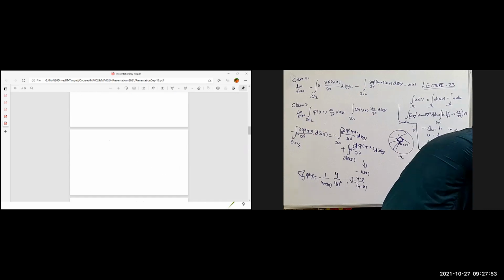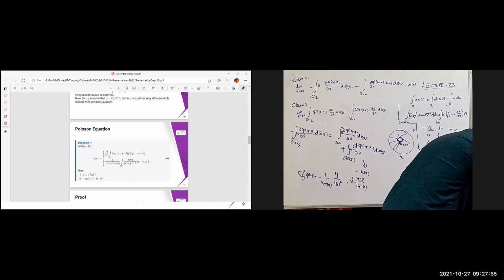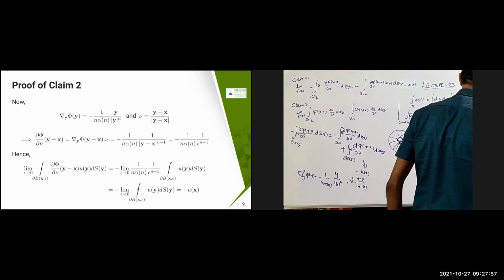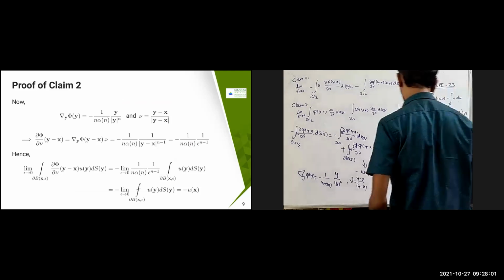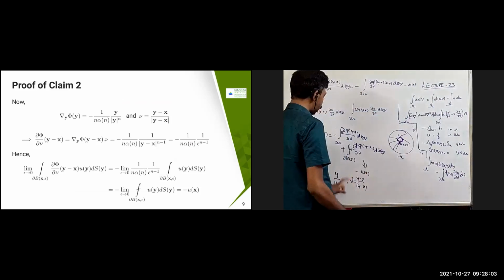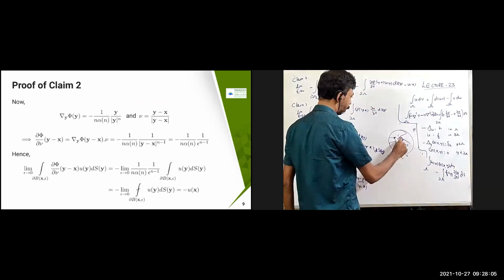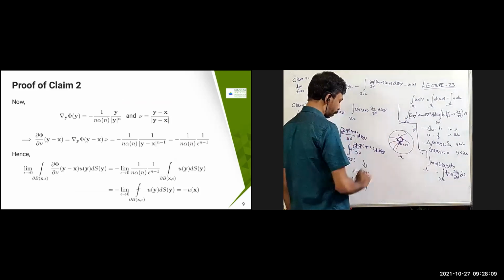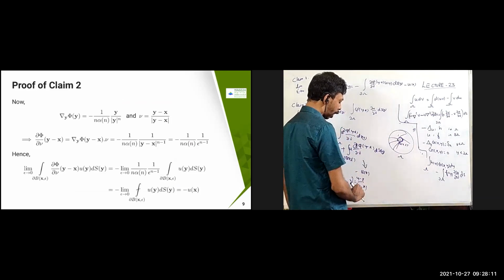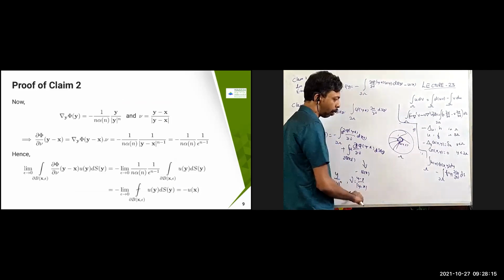Okay, so this is the one which I am going to use, and from this fundamental solution only I'm going to get it. So that is going to be this one. Nu is going to be the normal, so the normal derivative for this one is going to become y minus x. Y minus x is the direction of the vector. If I just want the normal direction, then I divide by the norm, the modulus of this one, and that is going to give the normal vector.